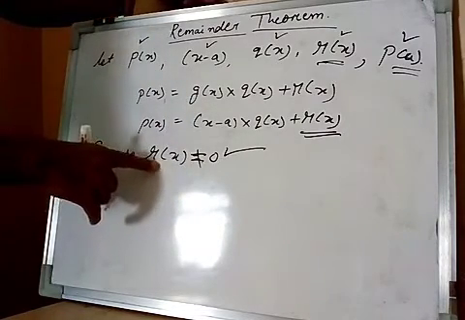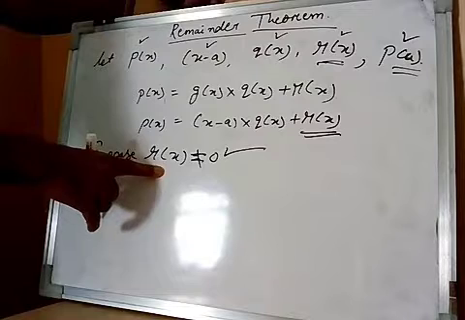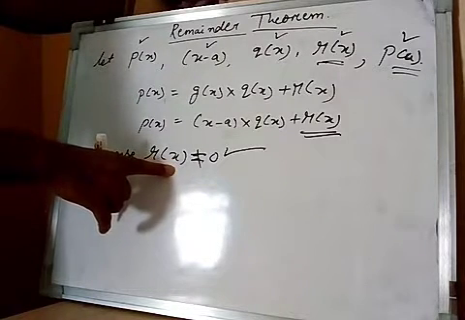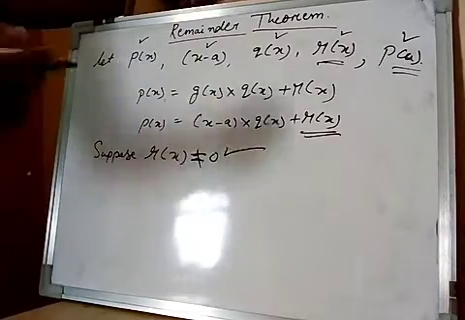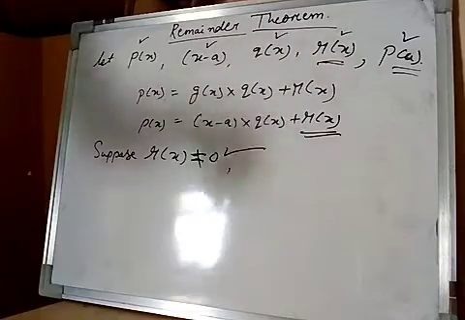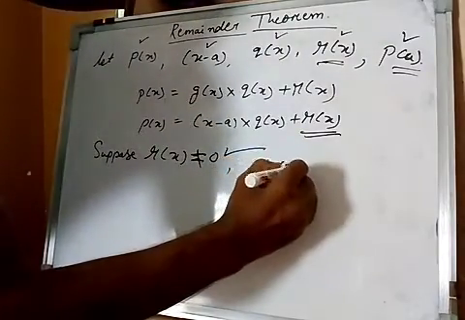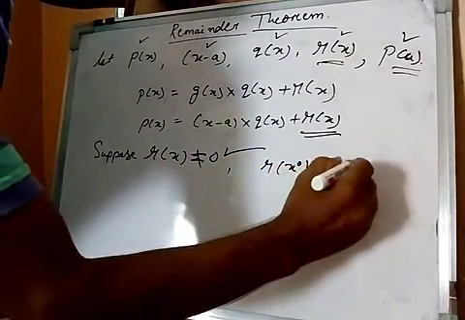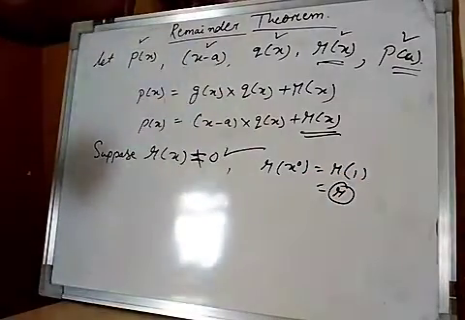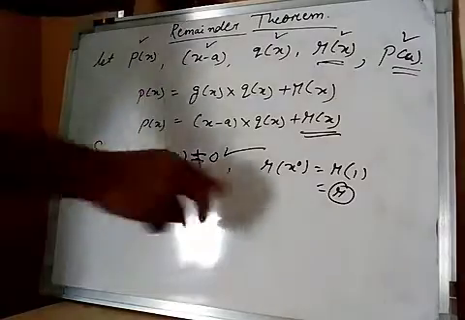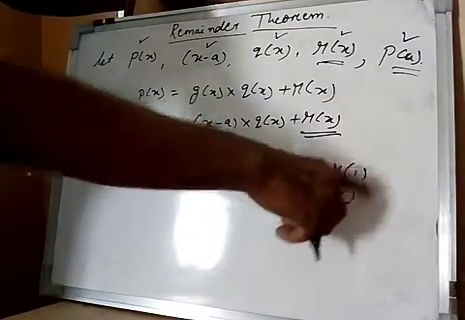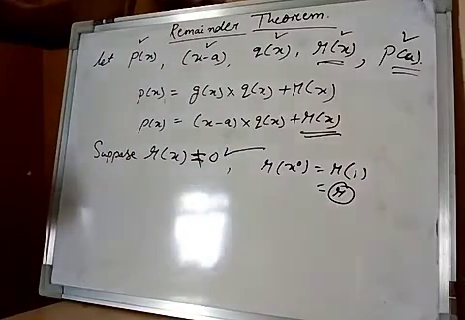If the divisor has degree 1, here only x is there, x to the power 1, then the degree of rx is less than 1. Smaller than 1 means definitely it will be 0. If the power of the variable is 0, then the value is 1. So here r x to the power 0 means r multiplied by 1, that is only r. So the remainder is a constant. If the power is 0, then its value is 1, so it becomes r. So no x in this, that means r is a constant.